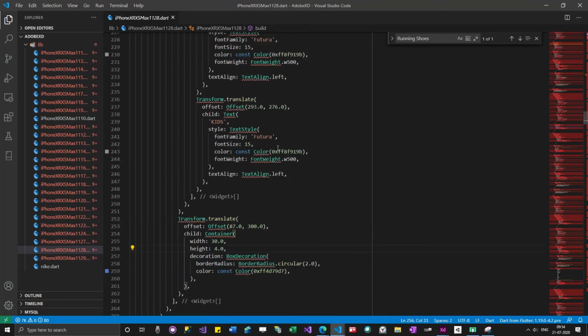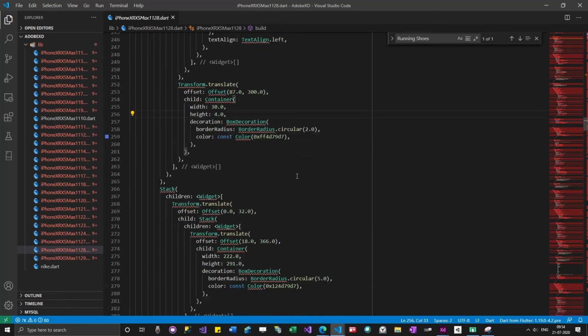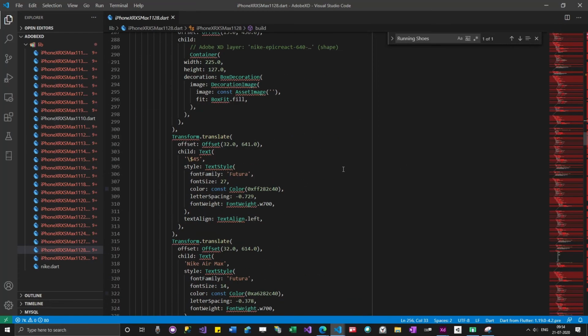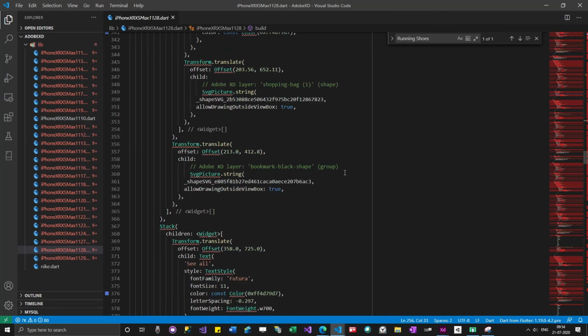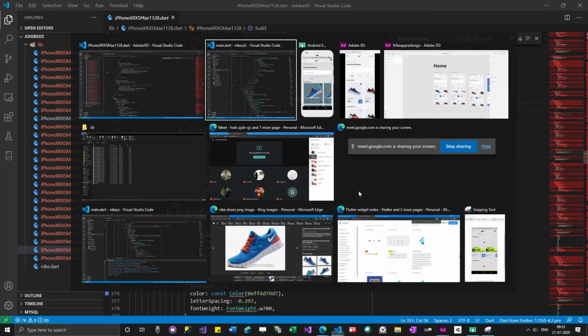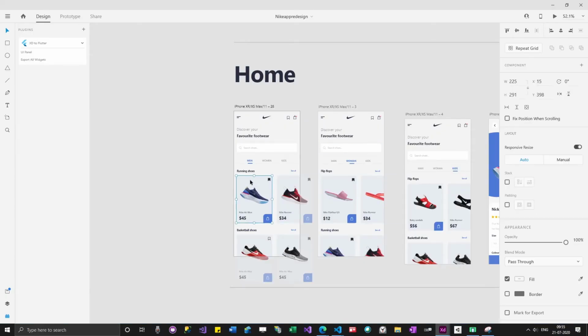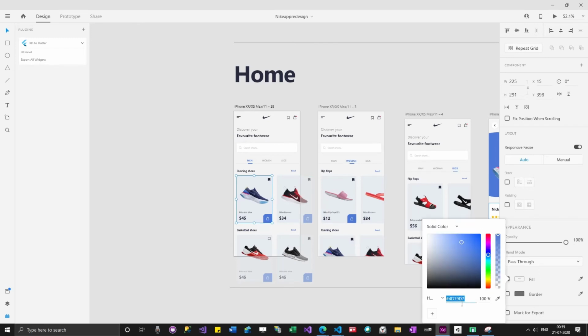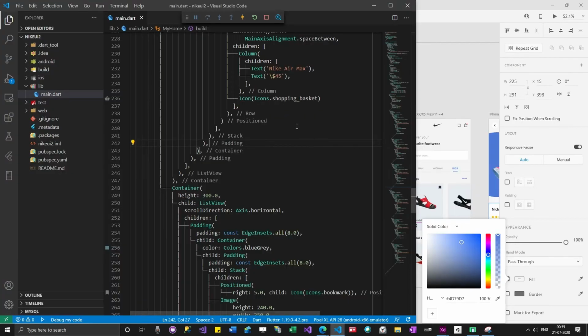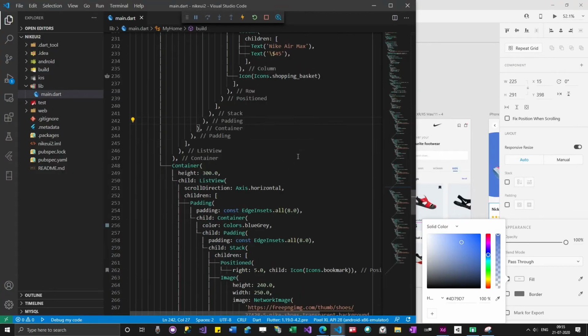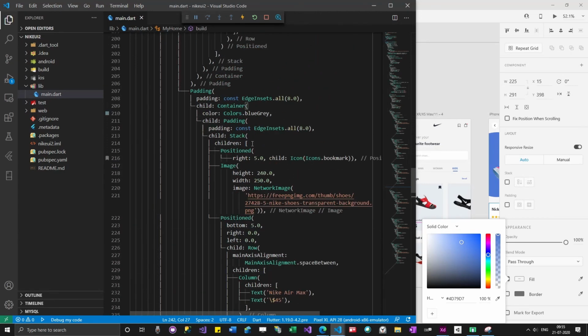I think it's slightly difficult to get that color from here. So I'll try to see if I will be able to get the color from here. I just selected this. So you can see I can get the color from here. So I will try to use that color inside my project. So here I have given blue gray, right?